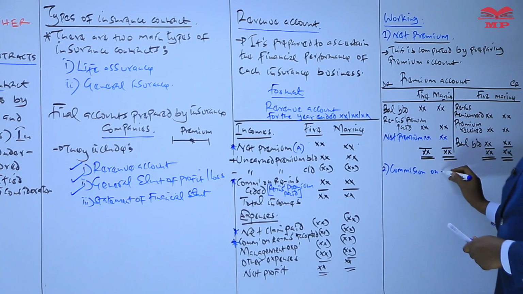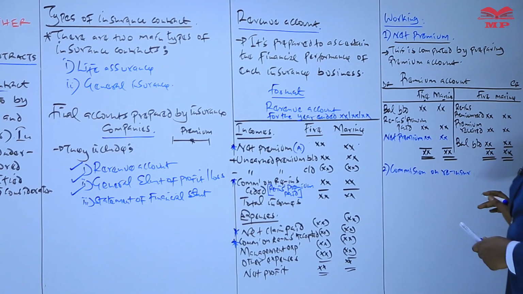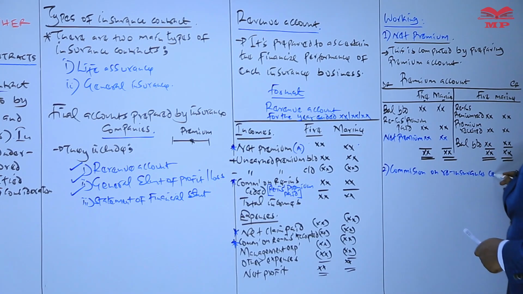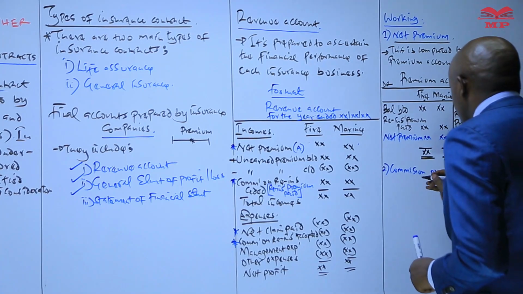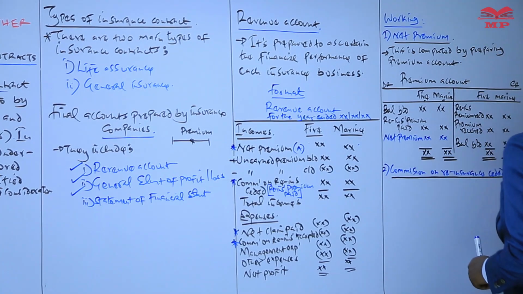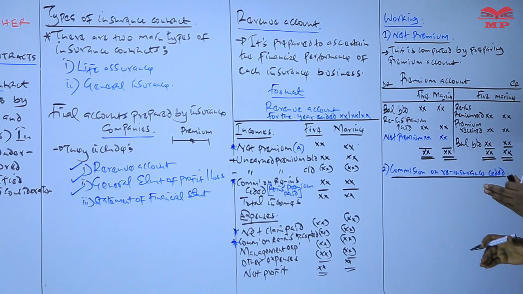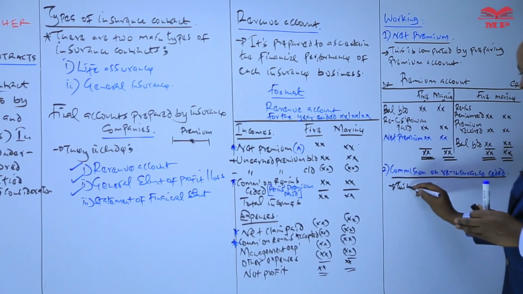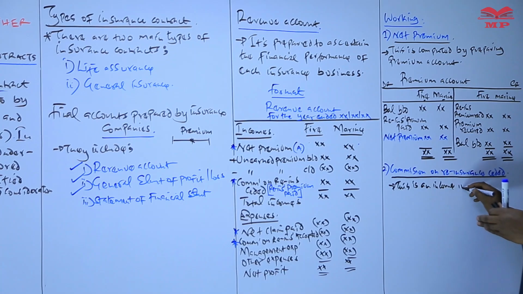Reinsurance ceded is basically a commission which will be paid to an insurance company as a result of giving another insurance company some business. So we have said that this is an income in the revenue account,